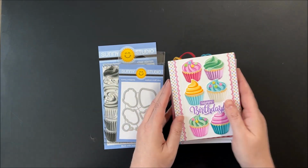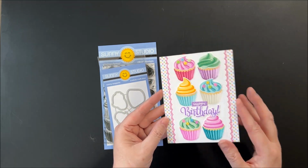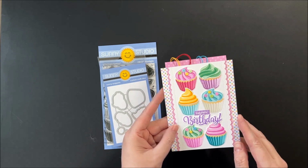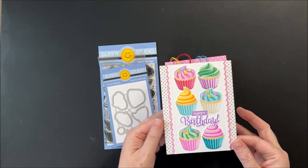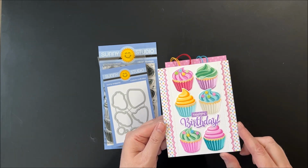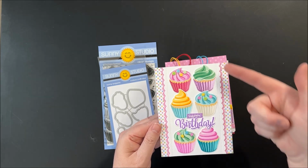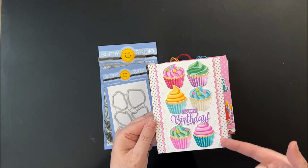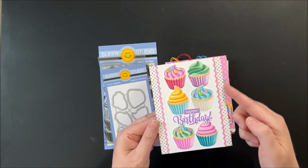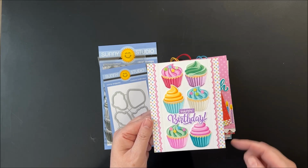So first up, I have a cheerful, colorful card here using all 3 of the new frosting options. You can see those 3 right there. And there's just so many limitless options here. And I cut apart the word birthday and put in a smaller, the word happy from another stamp set. Added here the scalloped edge using our basic slimline border dies. And a little colorful polka dot there, using our